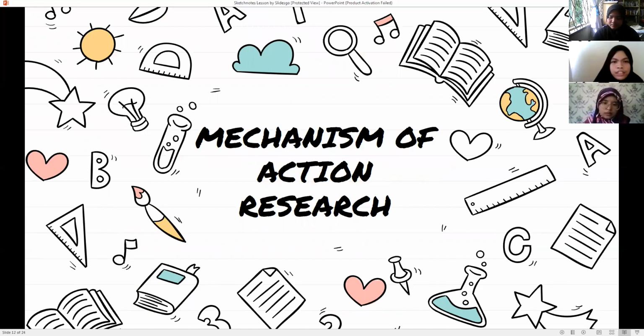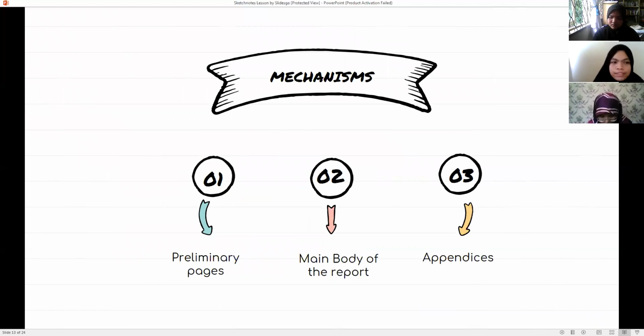The next one is mechanism of action research. This can be divided into 3 sections. The first section is preliminary pages, the second is the main body of the report, and the last is appendices.